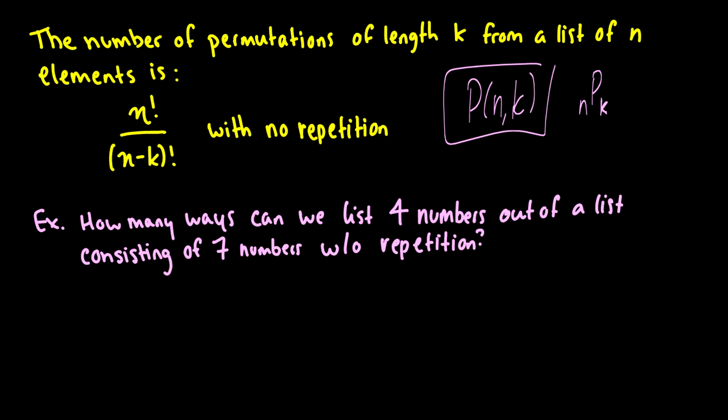So I know this is very abstract to say from a list of n elements, but what we're saying is if you have n items and you have to order a specific amount of those items that isn't the full length, then you get this formula here. So here's an example. How many ways can we list 4 numbers